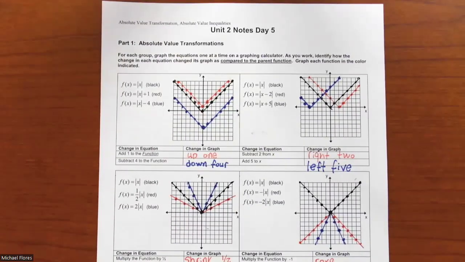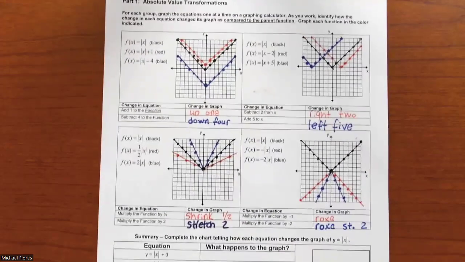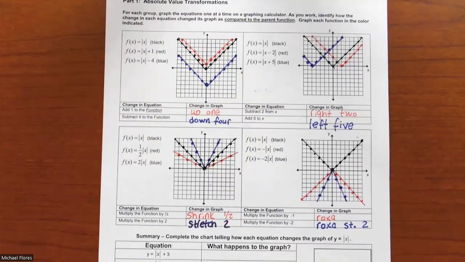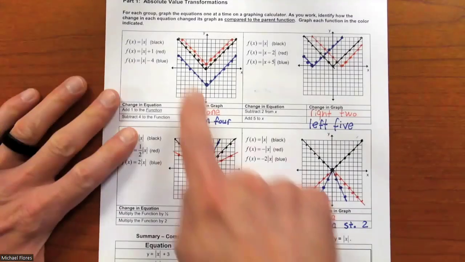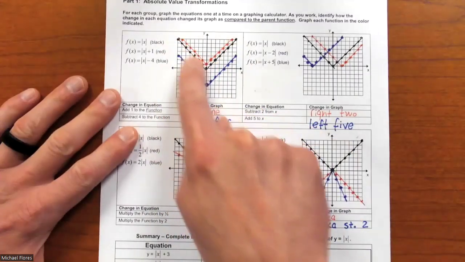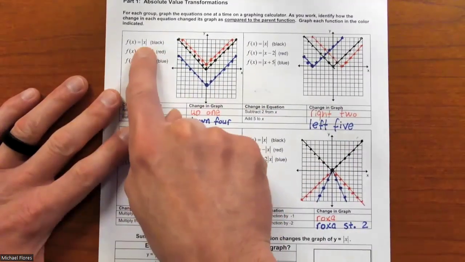Good morning, Algebra 2. We're about to begin Unit 2 Notes, Day 5. Now, you might want to pause the video and write down what I currently have on my screen, or just simply observe. We have, in some ways, already covered this material. Now, if you'll notice the black absolute value function here,